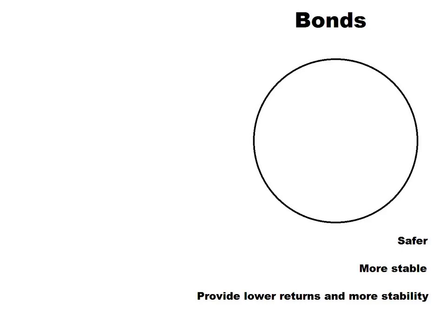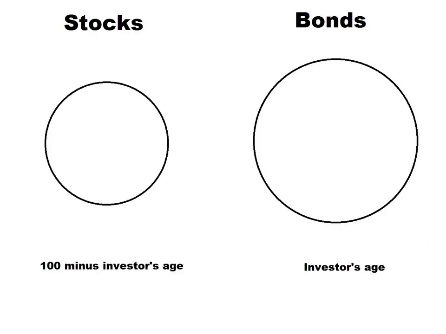On the other hand, bonds are more stable and relatively safe since interest rates tend to be less subject to fluctuations. Compared to stocks, however, they grow slower and yield a lower return on investment. One popular rule of thumb for this asset allocation decision is called the 100 minus age rule. This rule states that the percentage of an investor's portfolio that should be invested in stocks should be 100 minus